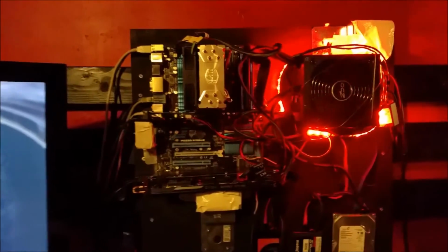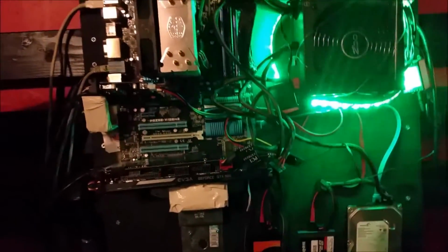And one really good thing I like about this is that I basically have access to everything on my computer right in front of me. So if I want to put in a new card, a new memory,